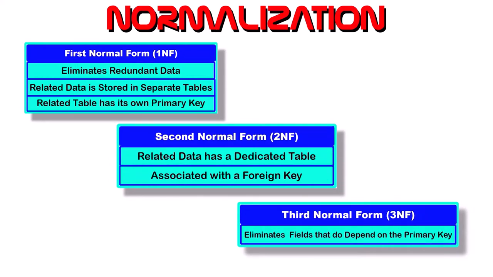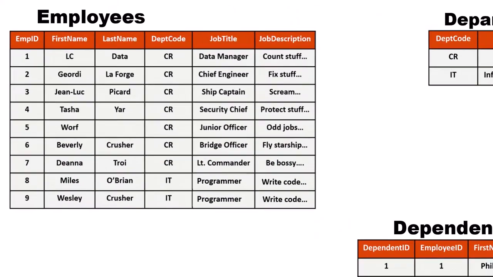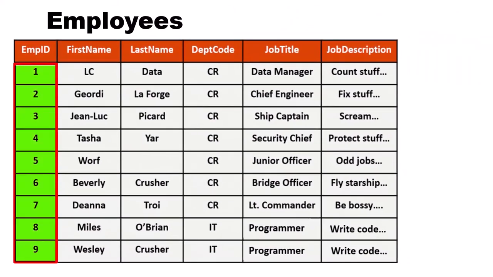As I mentioned earlier, you will likely find that while only some designs go to the third normal form, most do not. That is because many times third normal form is already in place after applying the first two normal forms. Let's look at our example again. Here, the employee's primary key is employee ID. An employee record depends on the employee ID for identification. That means all the current fields that describe an employee must be in this table.